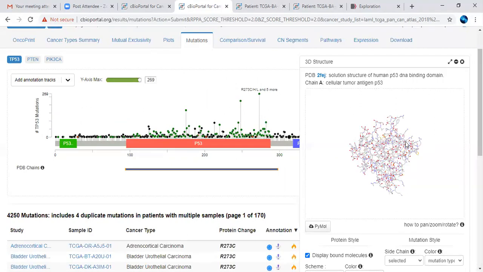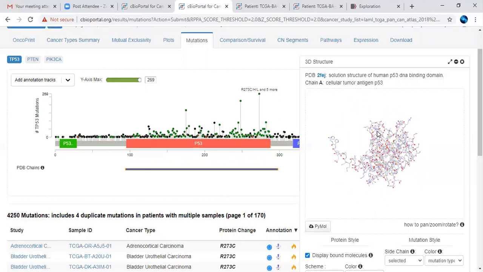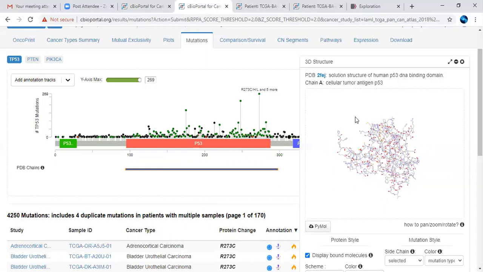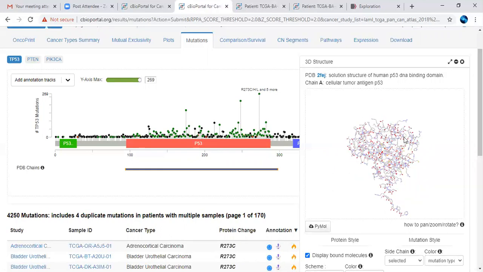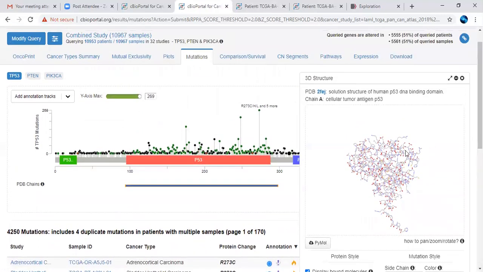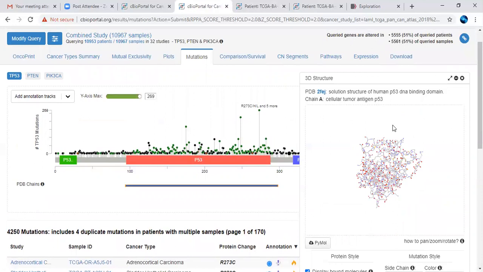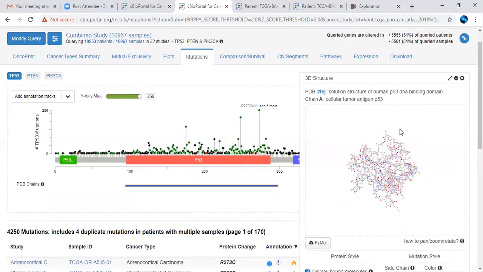So here is the 3D structure available. Very nicely it is giving more visualizations and the data with respect to different sources that have been stored in this cBioPortal, which is really a very nice platform. One can use this platform after giving the query, analyzing, and interpreting your data. You can finally analyze by using very nice visualization tools which they have introduced in this cBioPortal.